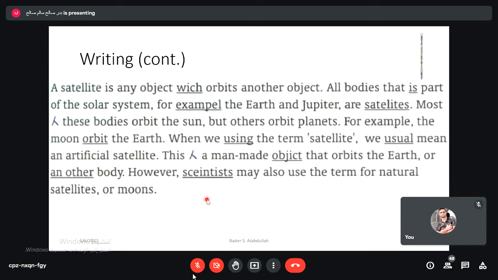This is another paragraph or a text that is talking about satellite. It's a description of a satellite. But as you can see, we have some words that have some errors in them. We also have some missing words. So